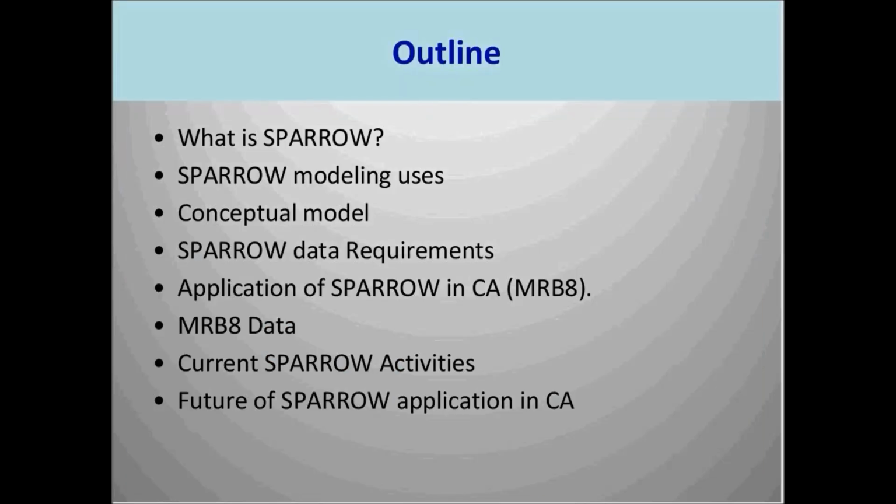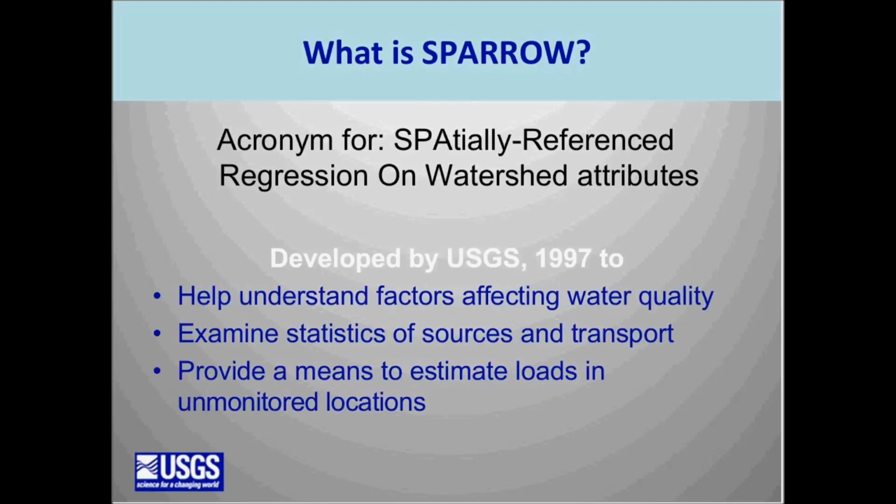Okay. So here's an outline of what we'll be doing today. We'll be talking about what this model actually is, some of the uses of the models, some of the data requirements, and then we'll show how we're going to be implementing this in California, and showing some examples from our national program where this has already been calibrated, and what our current activities are for what we're doing here in California. So SPARROW is